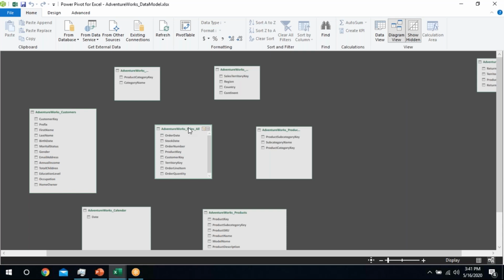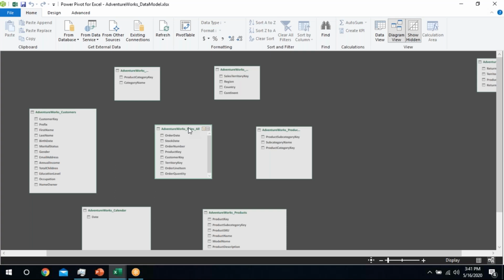The first item of the sales table, the column header, is order date. Second is stock date. Third is order number. Four is product key. The key automatically makes my mind think about foreign keys since it's a data table.